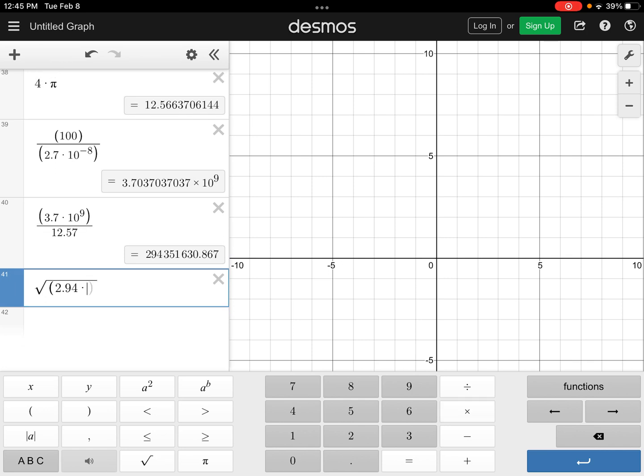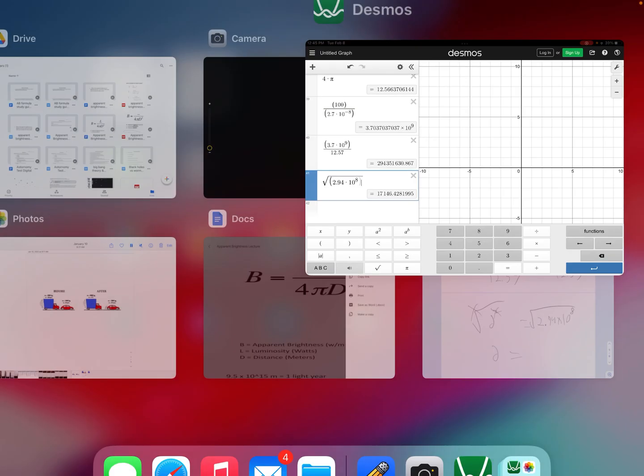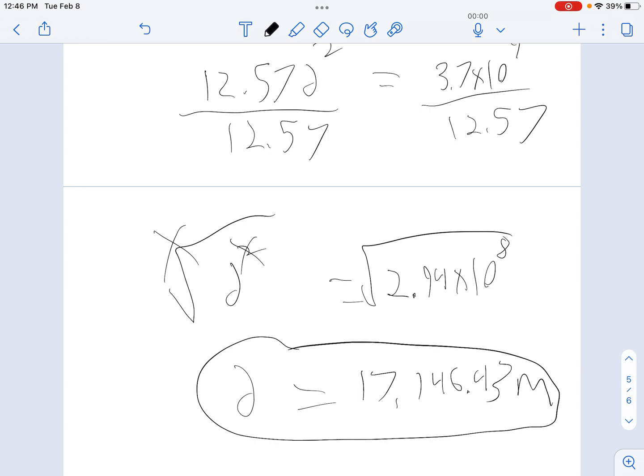2.94 times 10 to the 8th, and that gives you 17,146.43. What units do we use with distance? We would use meters. You circle your answer, and then